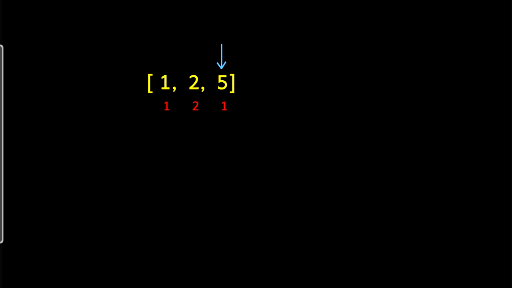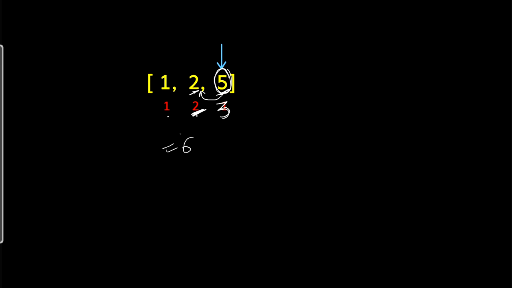Now for the next child, 5 will be compared with the left child rating as it doesn't have any right neighbor. So 5 is greater than 2. So this child is supposed to get more candies as compared to the left neighbor because he has 2 rating and this child has 5 rating. So 2 plus 1 will be 3. So here total candies were 1 plus 2 plus 3, 6.